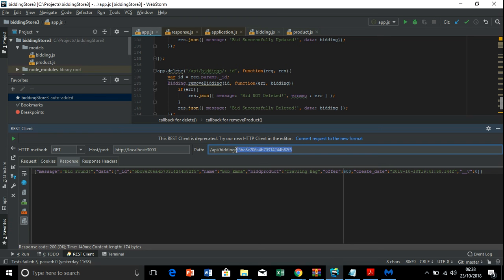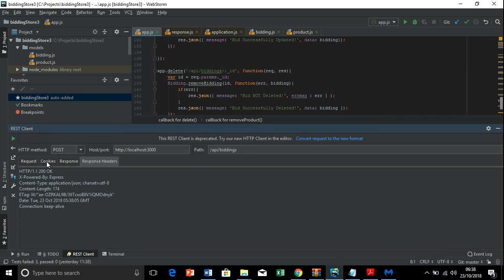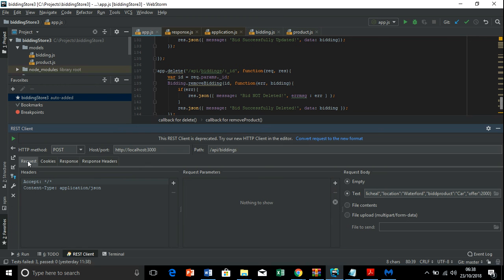Let's try to add biddings. Let's post. Let me select the post here, post a bidding. Let's just try to add a bidding to this collection. So here is Alex Michael, location Waterford, bid product car.